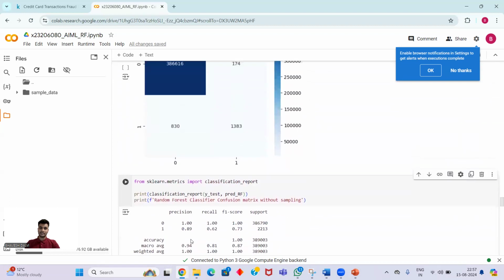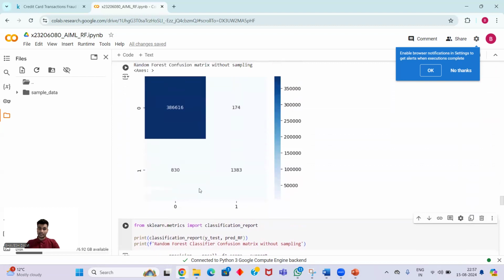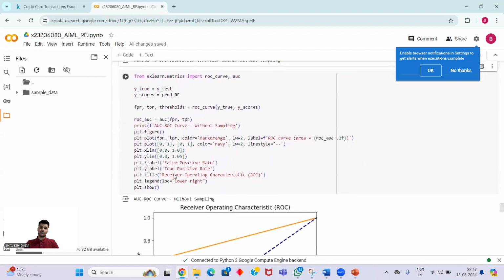Here we can see that it has a good accuracy and precision value. However, the recall value is significantly low, and the number of false negatives, that is, the transactions which are actually fraud but are not detected by the model, are quite high. So what we do is